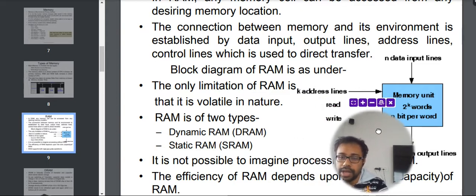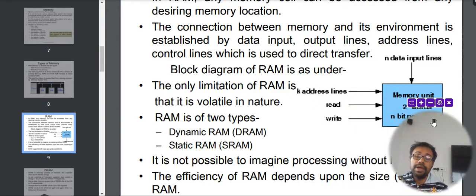That means the more the RAM. So see, if you have 8 GB RAM, that means 2 to the power n units. How many units are there? 8. Okay. So 2 to the power how much? Now we have to say 8 GB. What is 8 GB equal to in bytes? So that many units of address lines you will get, which is a huge figure.